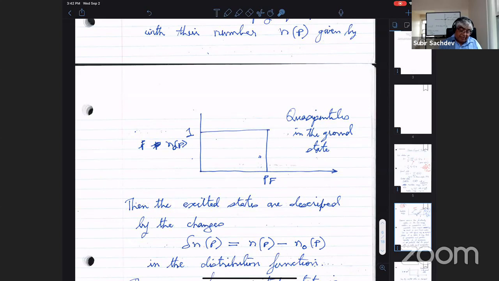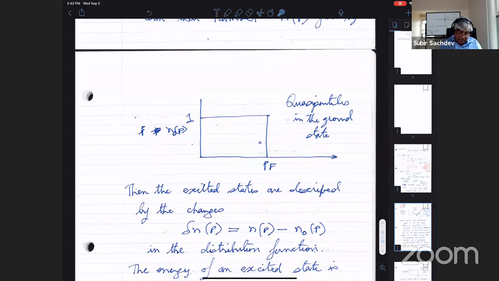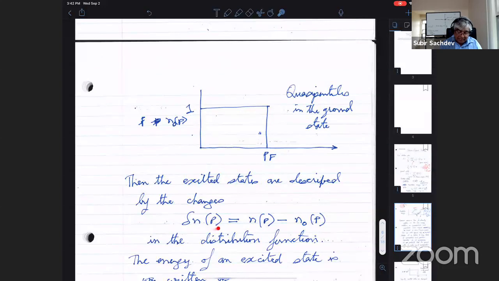And then when we think of excitations, we'll think of excitations as changes in the quasi-particle number, delta n of p. So n of p is the number of, say, electrons at momentum p, and the number of quasi-particles will be n of p minus n0 of p. So delta n of p is really the actual number of quasi-particles near the Fermi surface. It's the physical quantity. Both n of p and n0 of p are quantities that are not particularly well defined or useful, but it's the difference that gives you the quasi-particle excitation energy. So what we're interested in really are changes in the distribution functions.